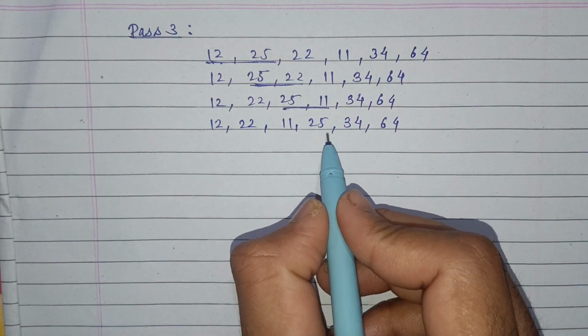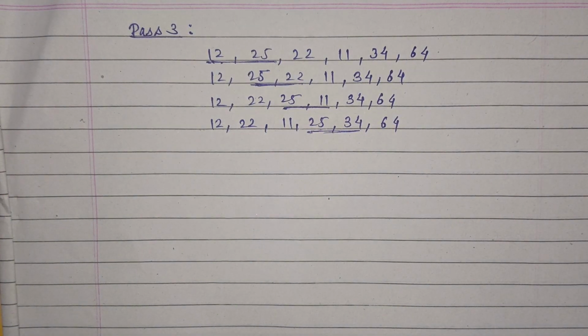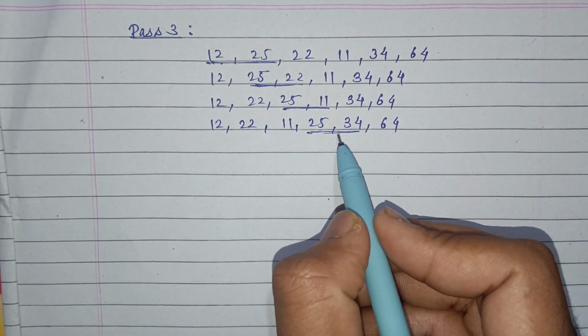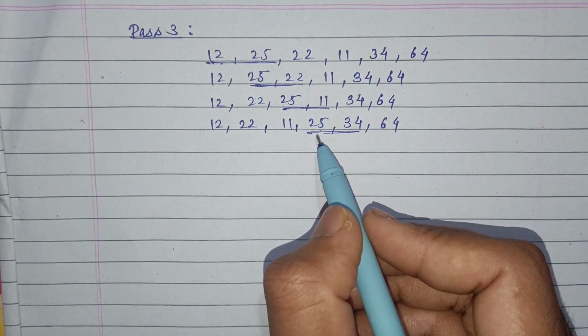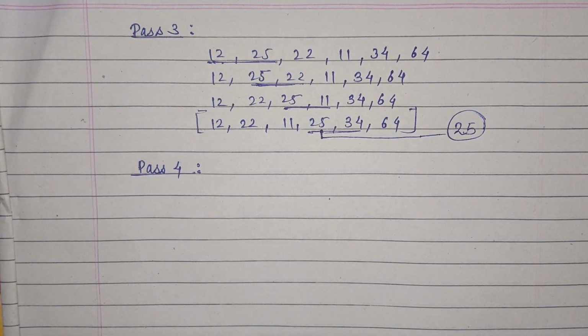Now it will compare 25 and 34. Now 25 is less than 34, so the elements will not be swapped, and the data will remain as it is. Now in pass 4,